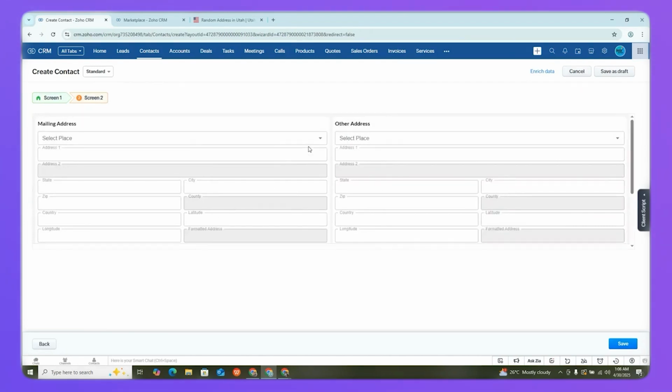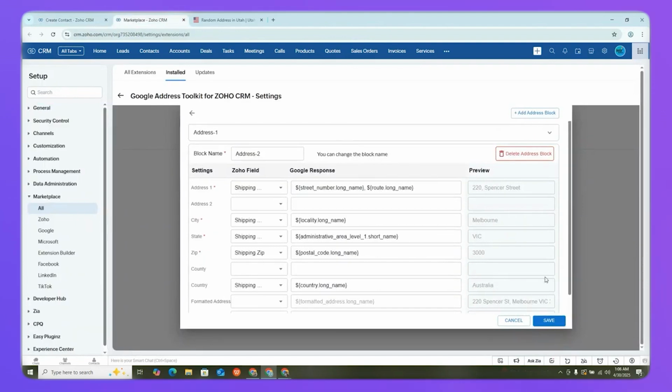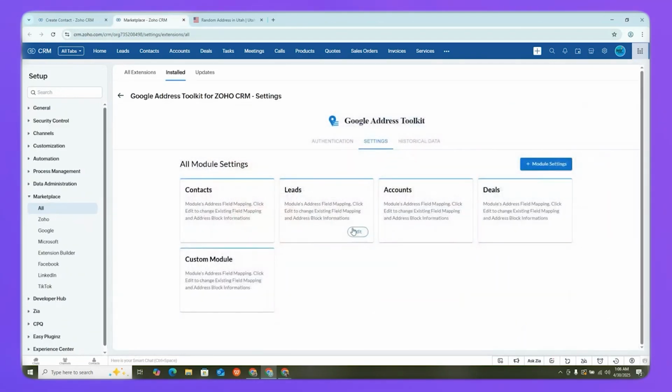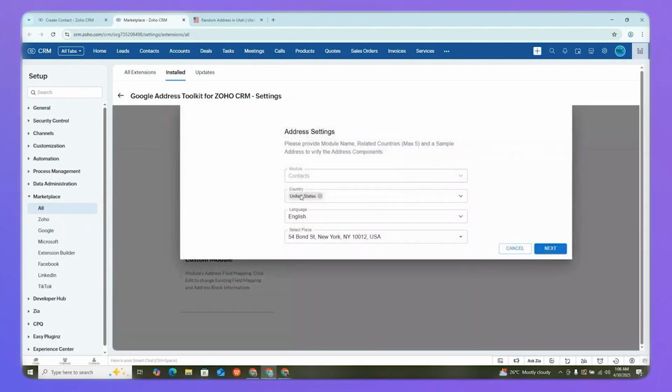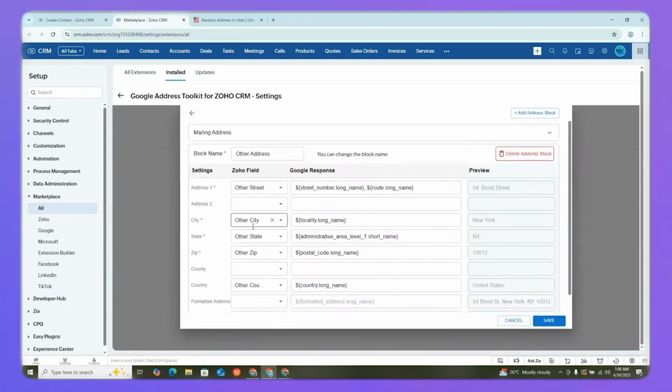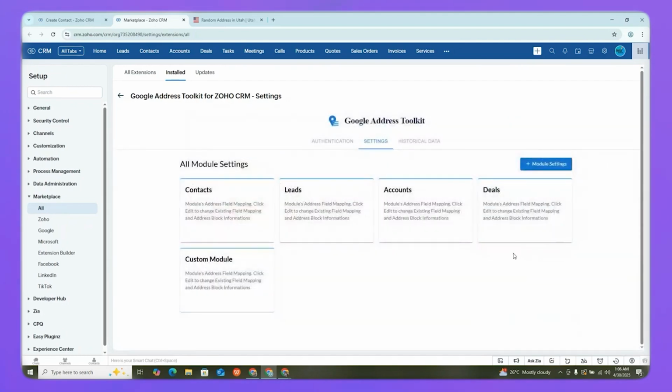This widget uses the settings from the Marketplace settings page. When you install the extension, settings are already created for contacts, leads, and accounts. But for other modules, you need to create the settings manually. You can click Edit in the settings page to see the field mapping. Make sure you create the settings and complete the field mapping first, so that you can use the widget properly